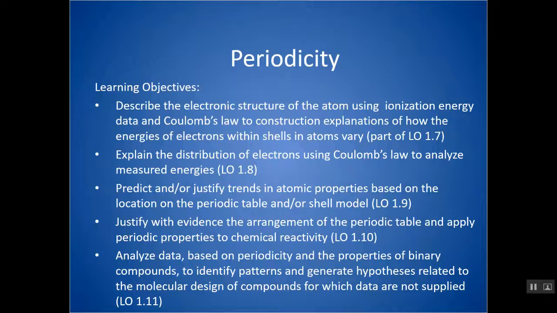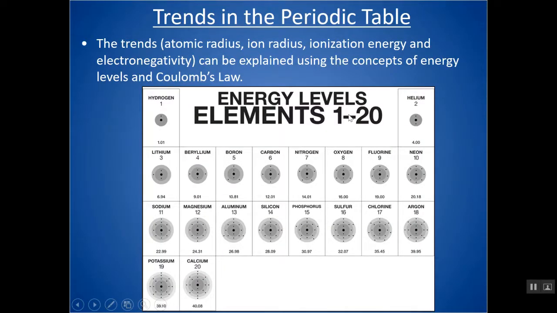In this video, we're going to start looking at some of the concepts that you need in order to understand and explain periodicity. And when I say periodicity, that means explaining the different trends that you're going to start to find on the periodic table, like atomic radius, ionization energy, electronegativity, and so on. All of this is really going to tie back to the Coulombic force of attraction between electrons and protons in